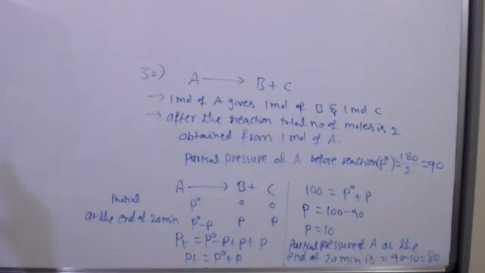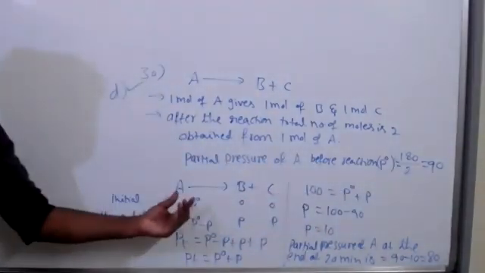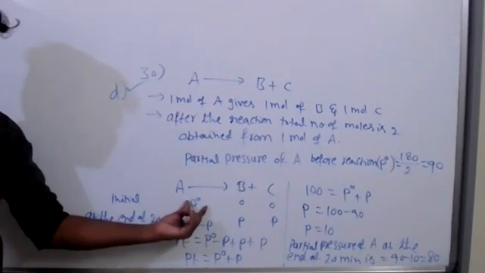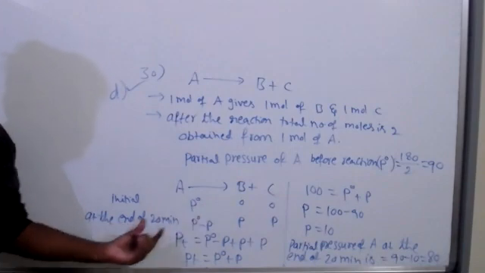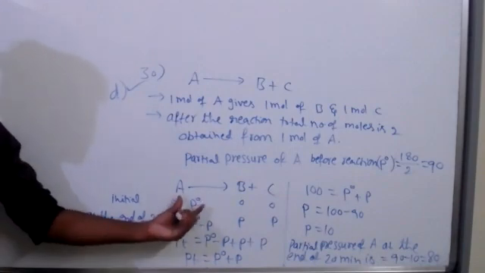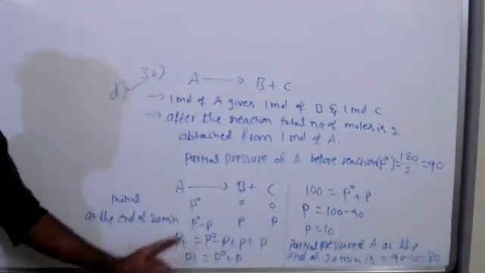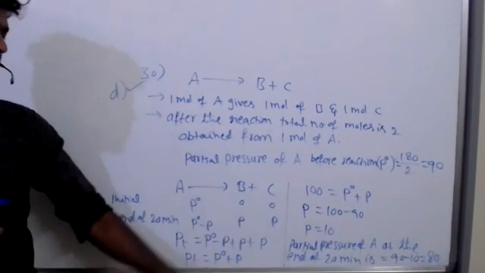Calculation is easy, but concept understanding is a little difficult. Tough, this is. So D is the correct answer. From this value we took the initial partial pressure of A, that is 90 only. I just didn't mention it. At the end of 20 minutes, we have to calculate the partial pressure of A. That is 80 only, because only 10 mm of A converted to products B and C.